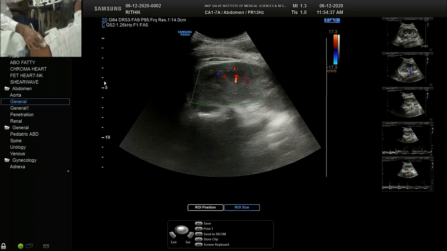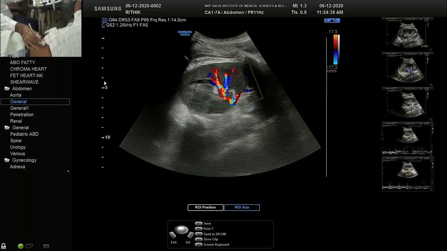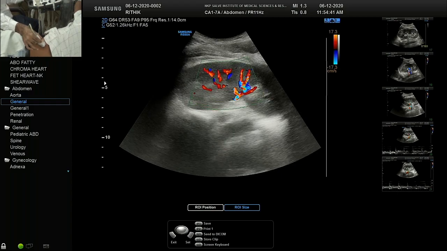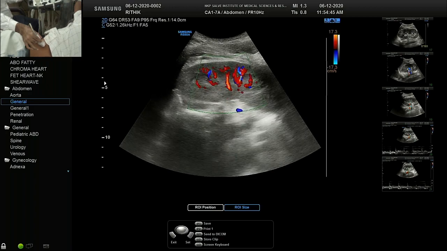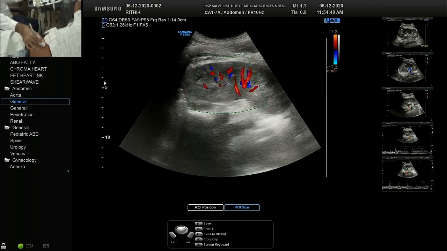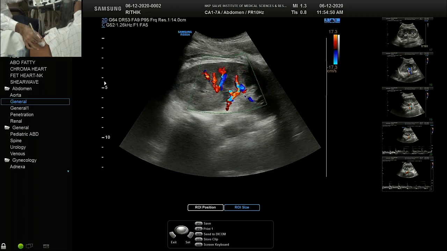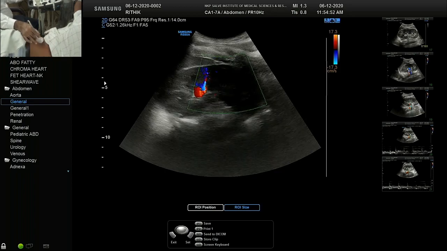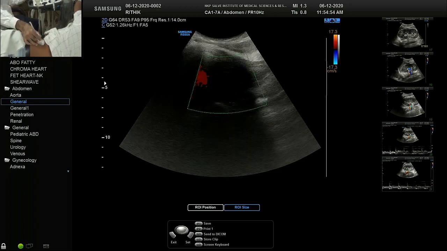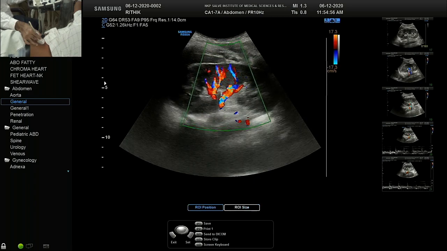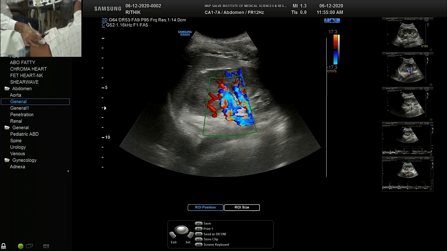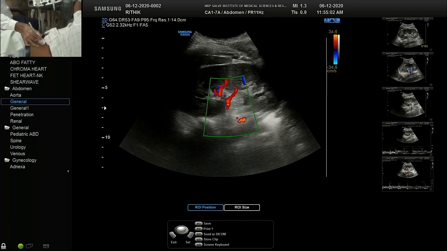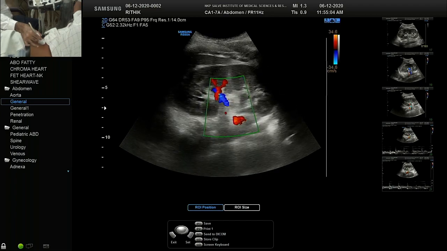We'll increase the box so that we see the vascular tree almost up to the capsule. So you can see right up to the interlobular and arcuate also, but they are not within our range of examination. So we go back, he has relaxed. So let's finish at the hilum first, and then we will do the segmentals.